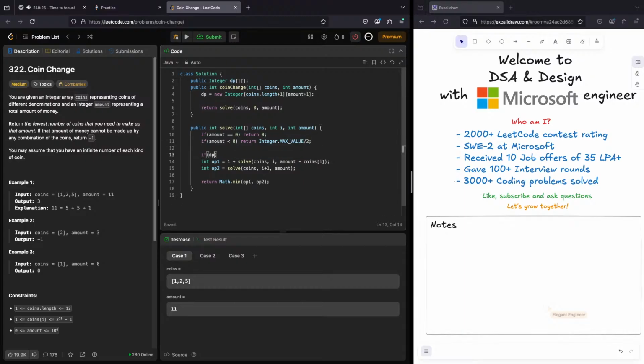If dp of i comma amount is not equal to null, return dp of i, amount, and then dp of i comma amount is equal to